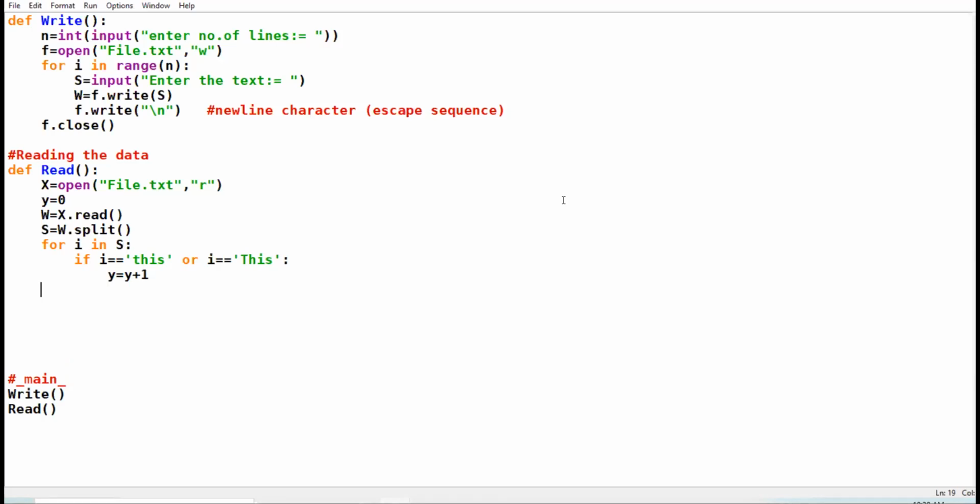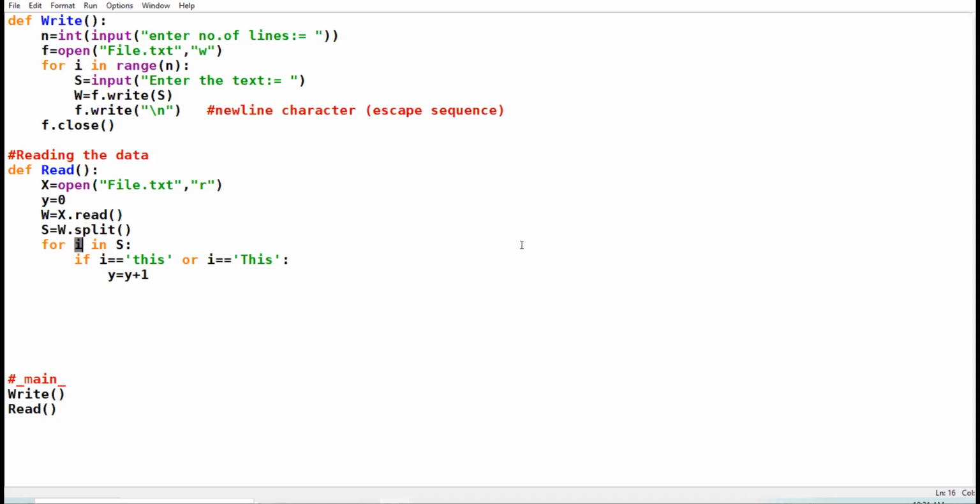Again I am saying, now this i is holding one complete word at a time. In the previous program which we discussed yesterday, i was holding each individual letter.